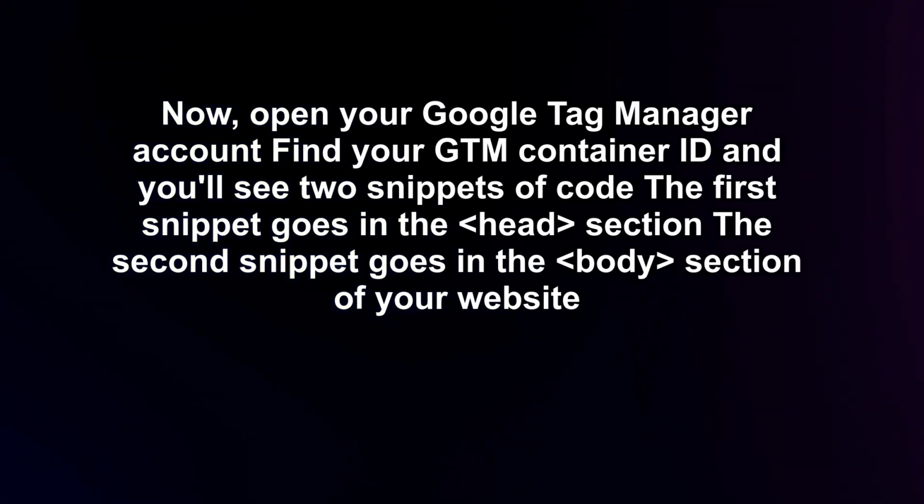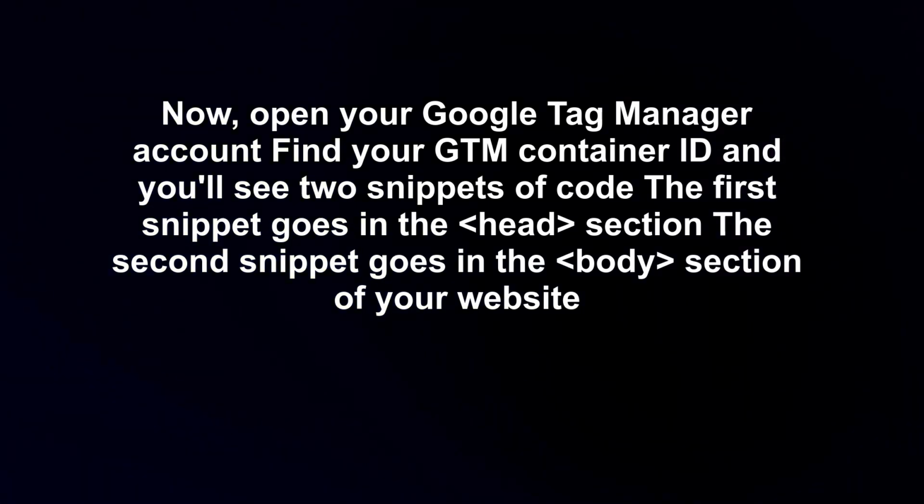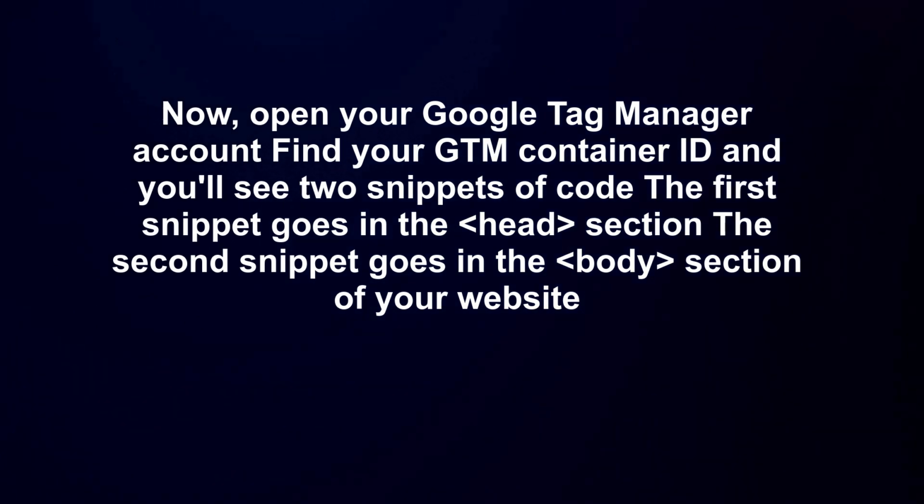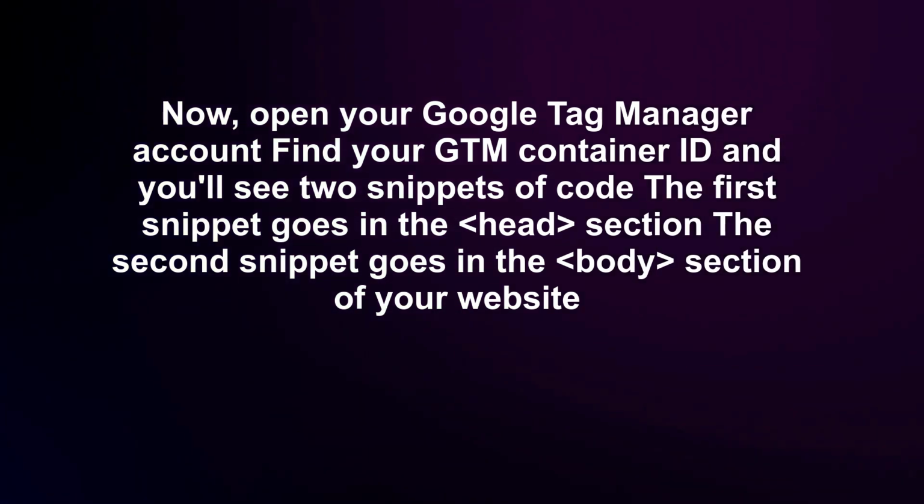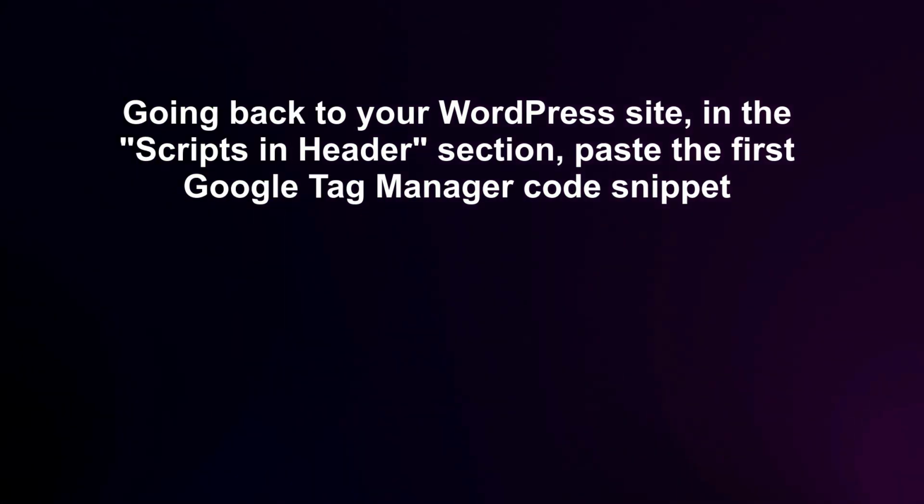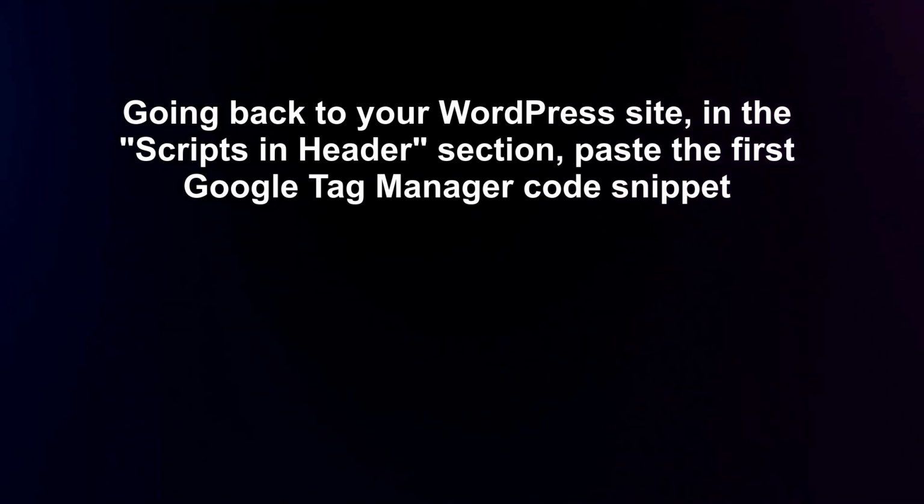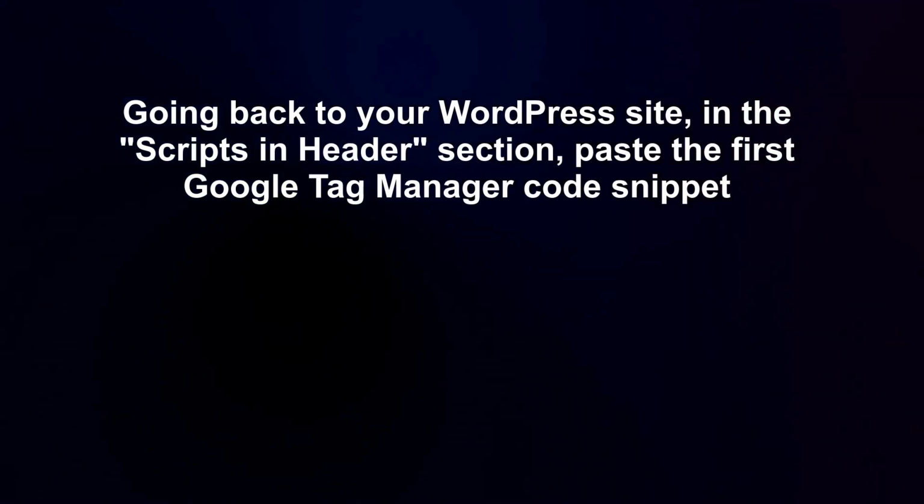Now, open your Google Tag Manager account, find your GTM container ID, and you'll see the snippets of code. The first snippet goes in the head section, the second snippet goes in the body section of your website. Going back to your WordPress site, in the Scripts in Header section, paste the first Google Tag Manager code